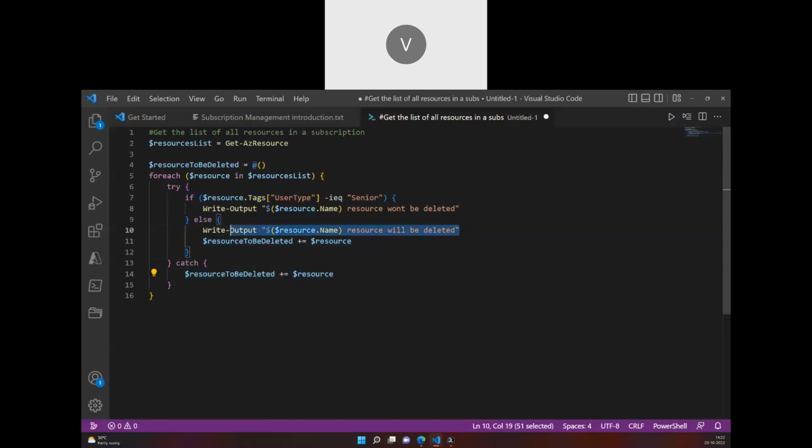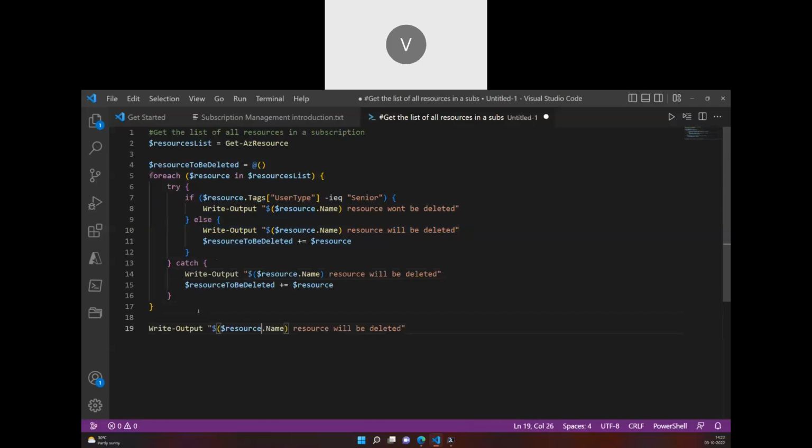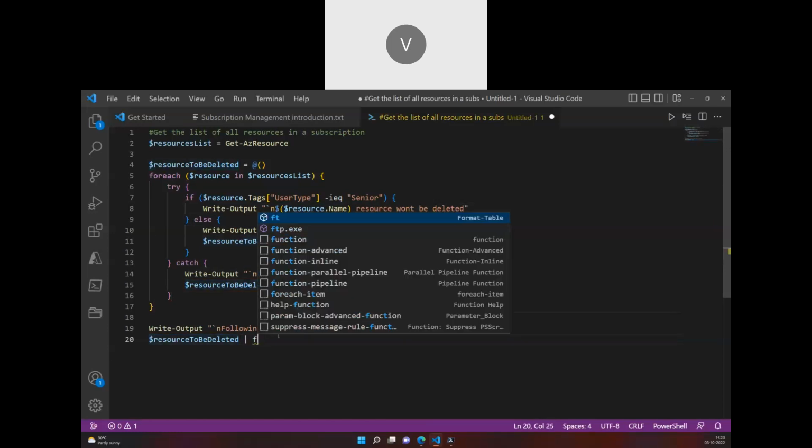So let me mention the right output here, and then say that following resources will be deleted, and resources to be deleted. So I'm going to mention this even here, a new line. I'm going to mention it as format table,